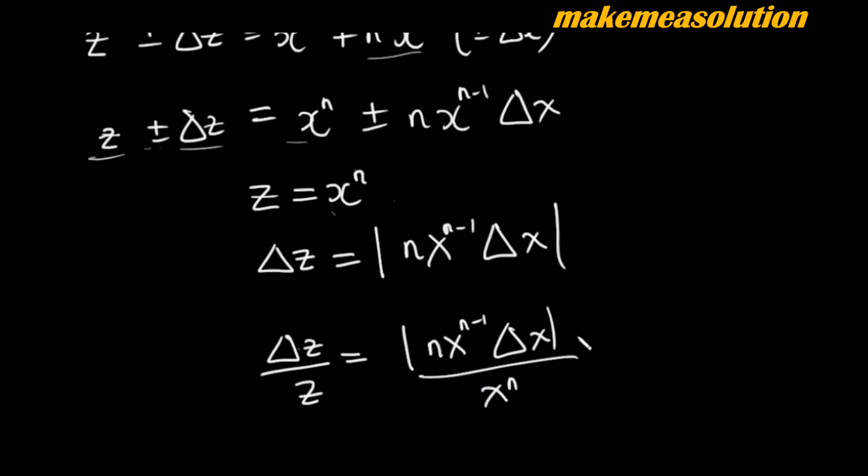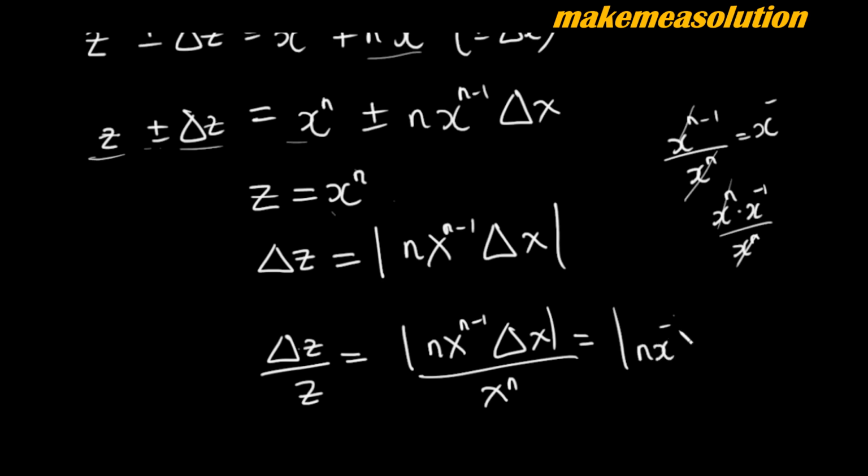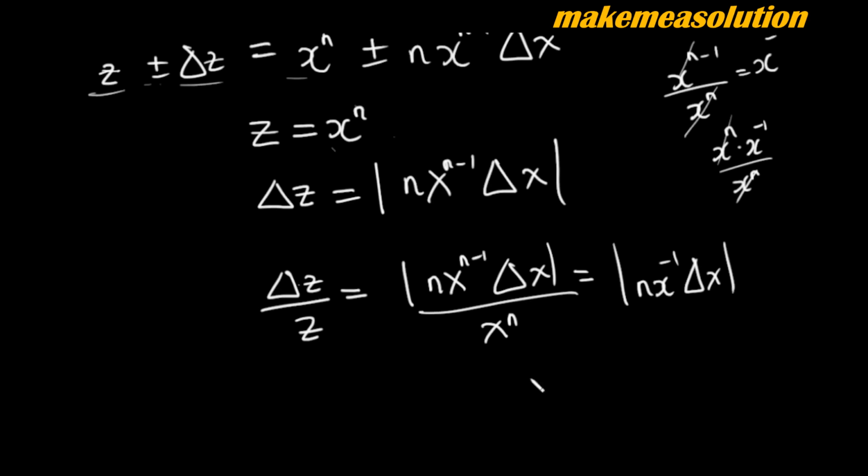So if we evaluate this, the law of indices is going to play here. When you have x to the n minus 1 divided by x to the n, x to the n cancels out x to the n and you're left with x to the minus 1. Is that okay? So let me just simplify it slowly: x to the n times x to the minus 1 divided by x to the n, because according to law of indices, x to the n minus 1 is x to the n times x to the minus 1. So when they cancel out, you'll be left with x to the minus 1. So I have n x to the minus 1 delta x,